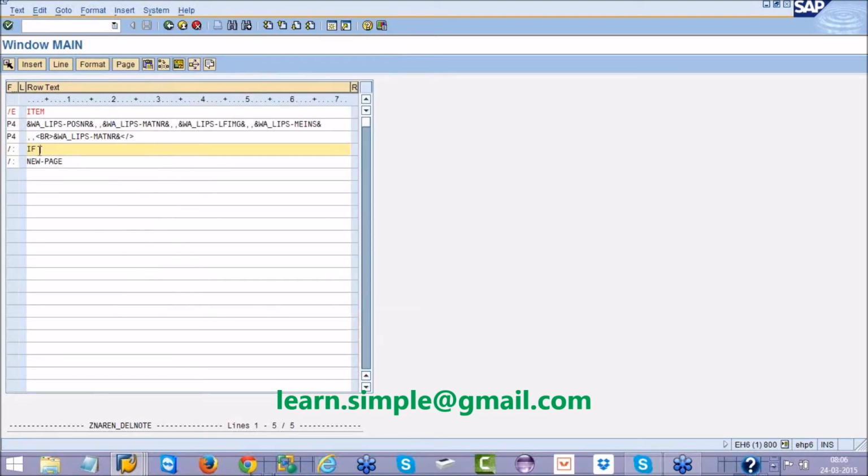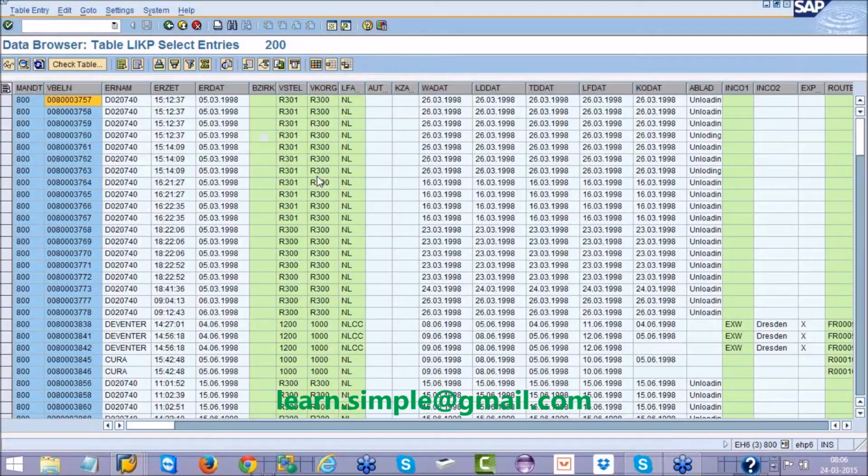If my work area POSNR is greater than 20. So in POSNR how many zeros will be there? Let us go to the table and see.